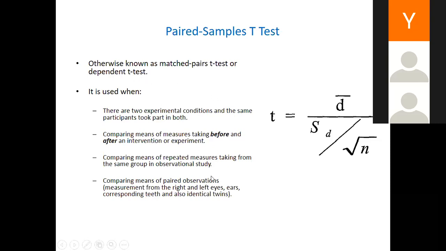So just like the independent, you can use it in both experimental and non-experimental design. But most of the time, this is commoner with experimental design because it is very rare to do an observational study before and after like that. It can happen, but it's rare. So you can be sure that most of the time it is experimental design for this. And it is found that the experimental paired design is of higher quality than the independent. And that's the mistake many people make.